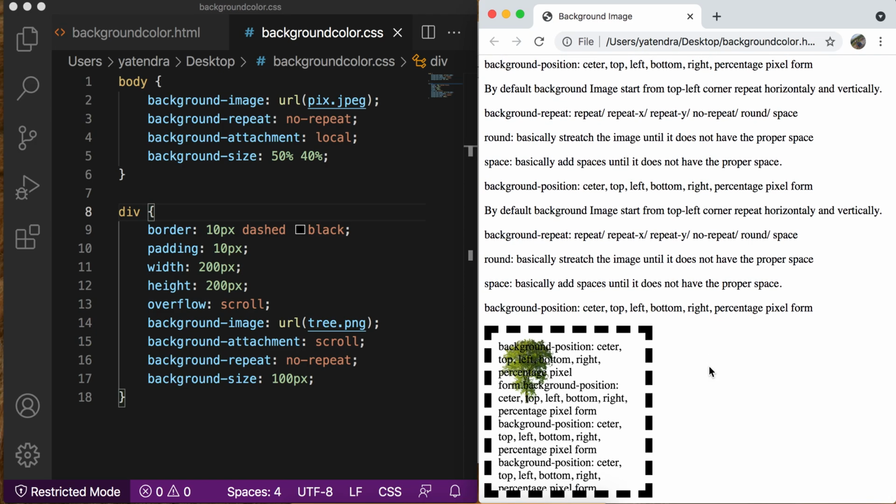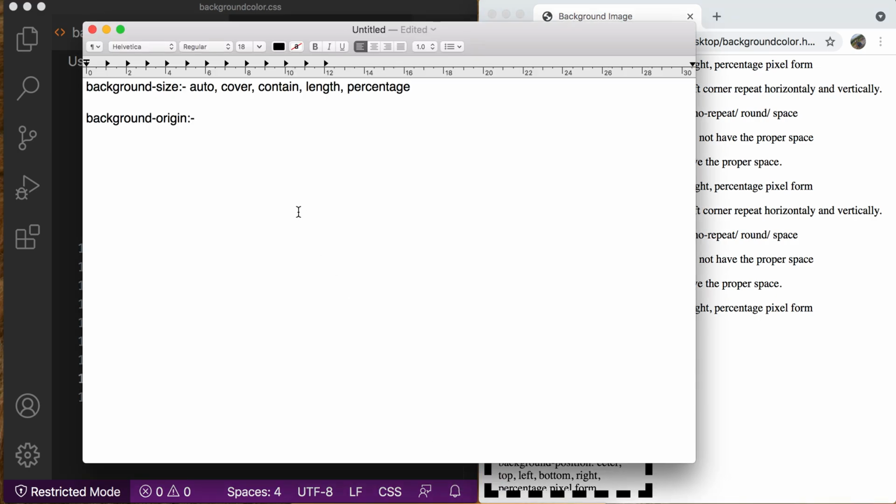Okay, now if you observe my image, let me reduce the space to 50 pixels. You can see my image starts from the padding area and covers the content area, right? But it does not involve the background, it does not cover the background space. So we can set this by using the background origin property, and for this property we have three